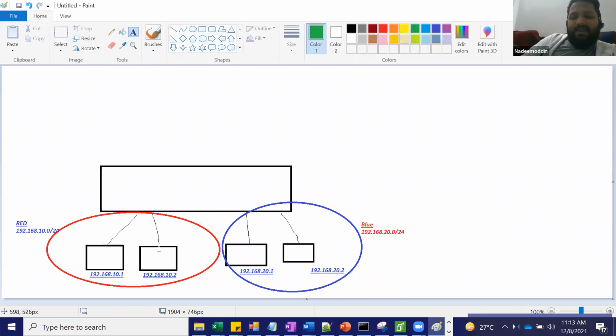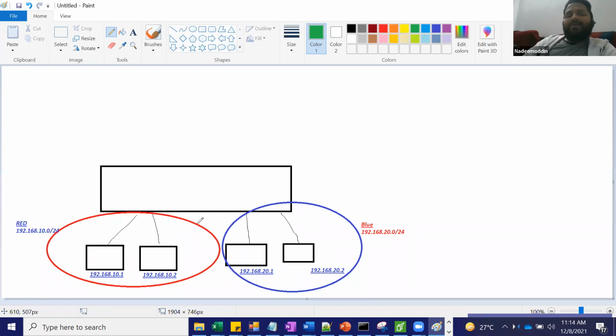Okay, now my question to all: can this machine talk to this machine? No, right? Only red to red, only blue to blue can talk to each other. But now I have a requirement. I was asked, I want communication between red VLAN and blue VLAN.